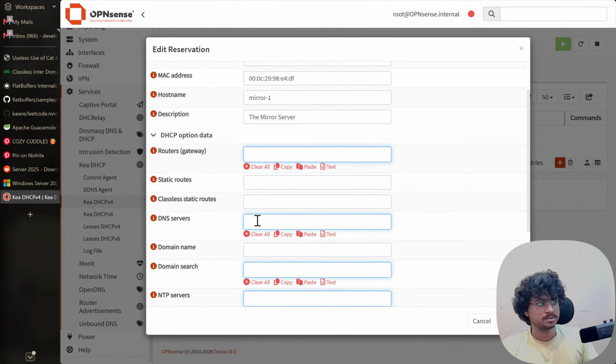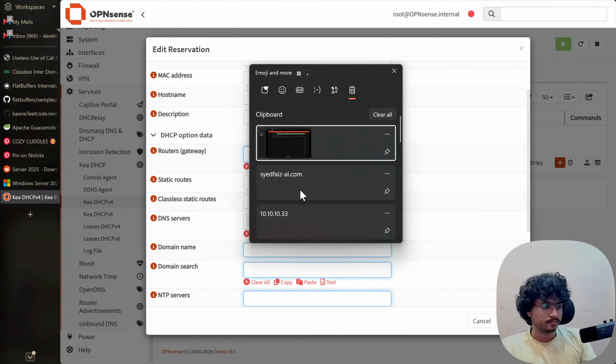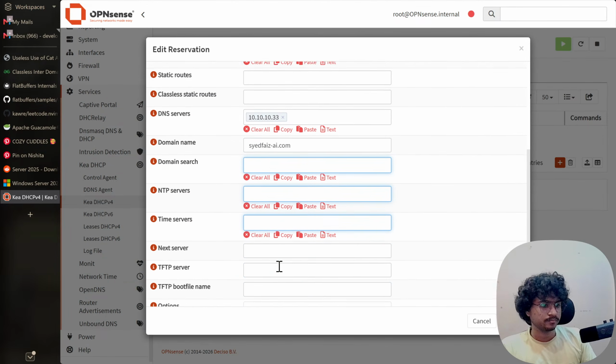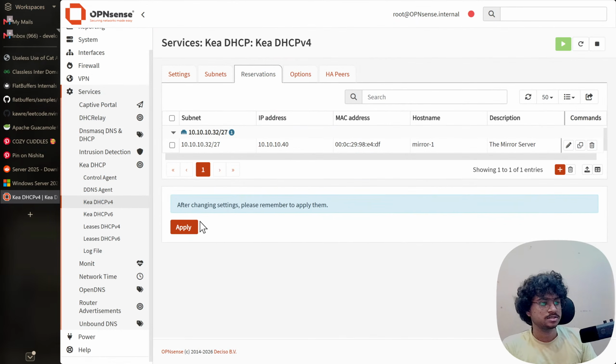DNS server maybe just 10.10.10.3. Domain name. Save and apply.